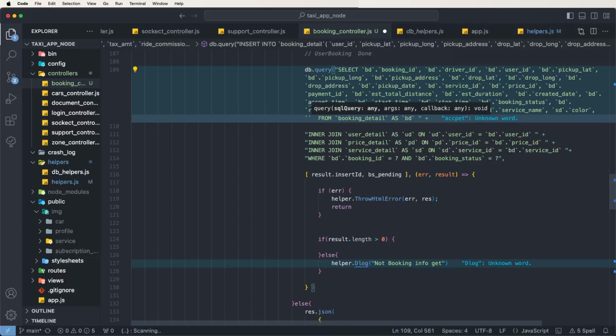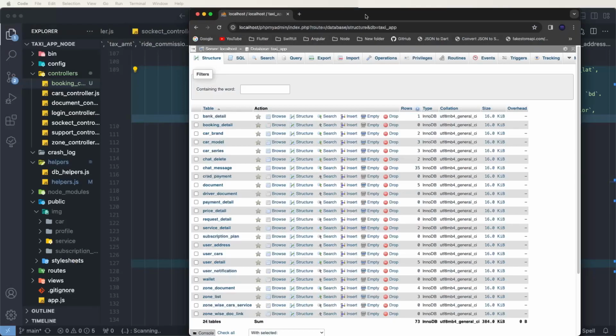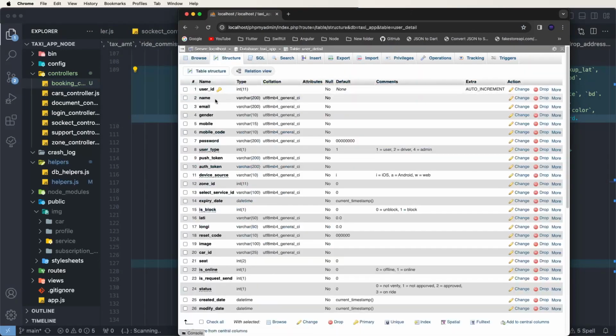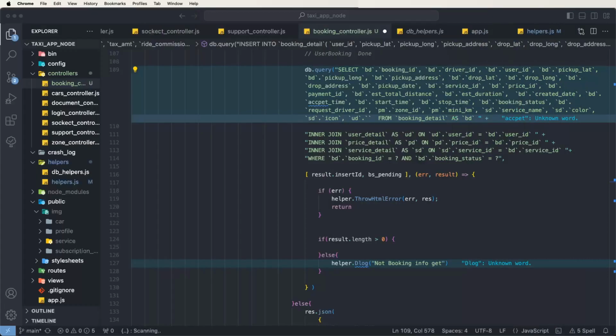Then afterwards I need to pass the icons, sd.icons, and then sd dot... ud. Need to check inside the database the names, first name and last name, which columns to use inside this table. User details, need to use the name columns here. Then afterwards need ud dot display mobile number